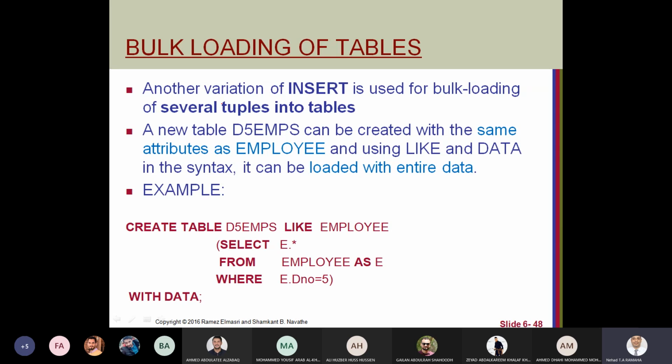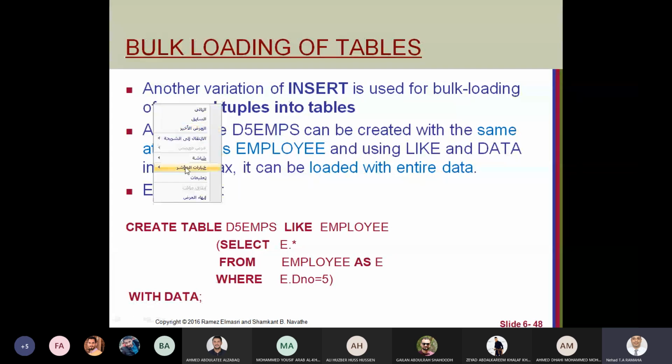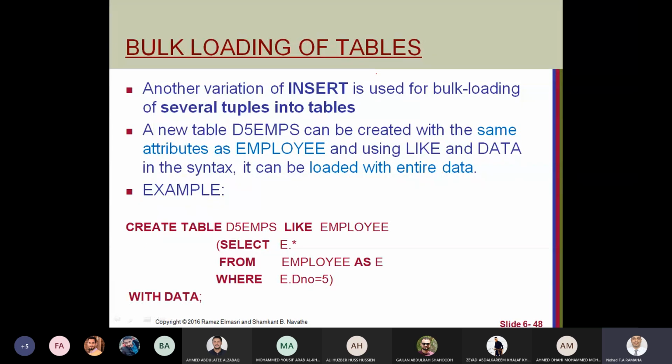Or we can create a table with values returned from a select statement, all these values. This means we created even the name, or we can copy a table into another table. It's like this. So here we are speaking about copying a table